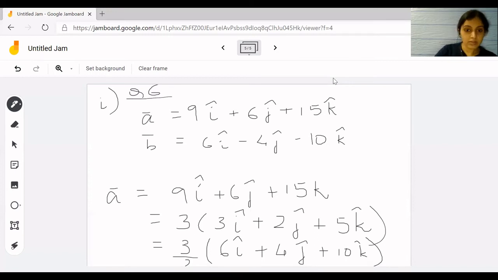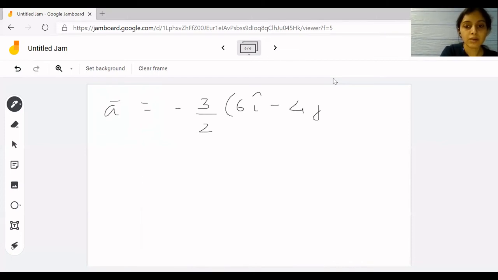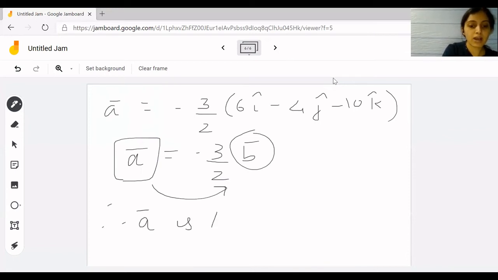So what I can do is, this is minus 9i cap, so I can take the minus sign common. When I take the minus sign common, then A bar is equal to minus 3 upon 2 times 6i cap minus 4j cap minus 10k cap, which is equal to your b vector, so minus 3 upon 2 b. So what am I getting over here? The first vector is a scalar multiple of the second vector, and therefore we can say that a bar is parallel to b bar,